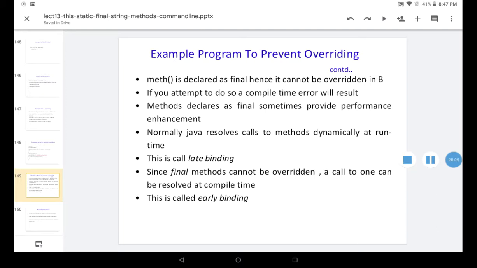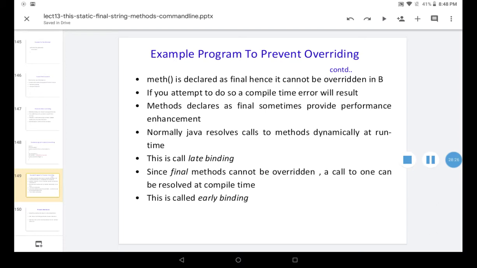Methods declared as final sometimes provide a performance enhancement. Normally Java resolves calls to methods dynamically at runtime. This is called late binding.